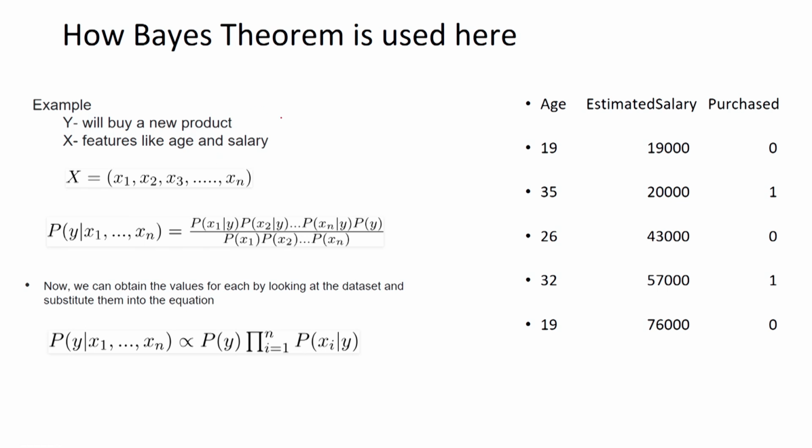So, we will calculate probability of y is equal to 0 given x1, x2 up to xn. How will we calculate it? We will calculate it as probability of x1 given y is equal to 0, probability of x2 given y is equal to 0